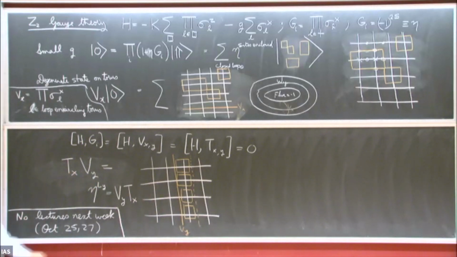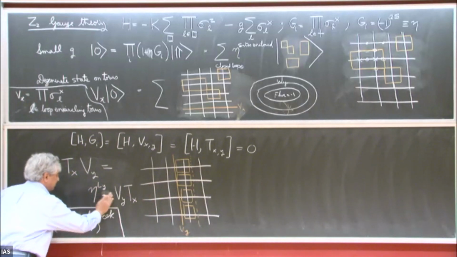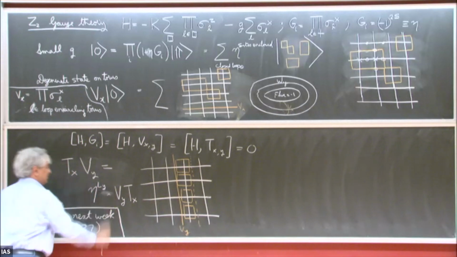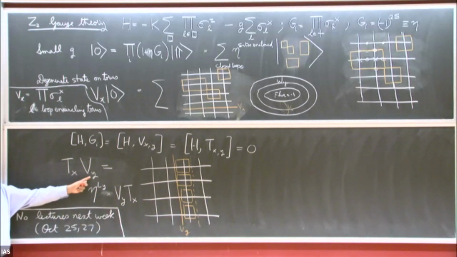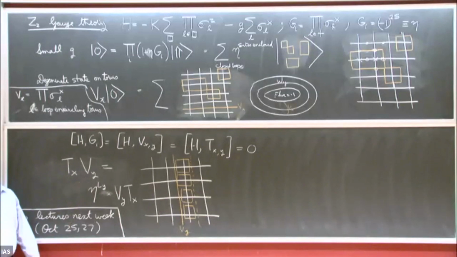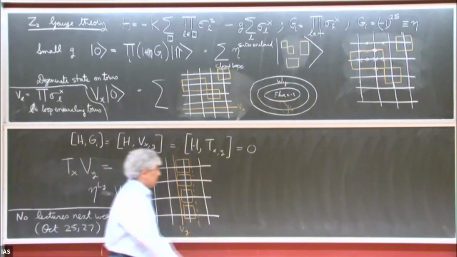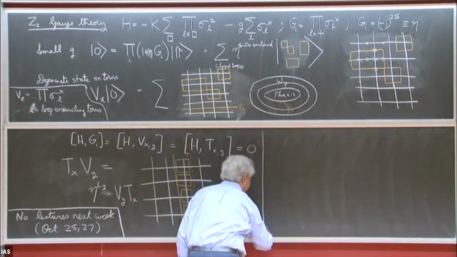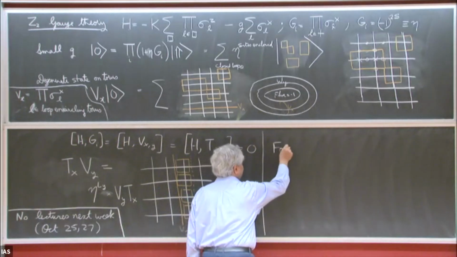Okay, so there is this factor here, so not equal to times. So Tx and Vy don't commute with each other. Sometimes they anti-commute, especially for the case where eta is -1. So there's an immediate implication of this, that for eta equals -1,